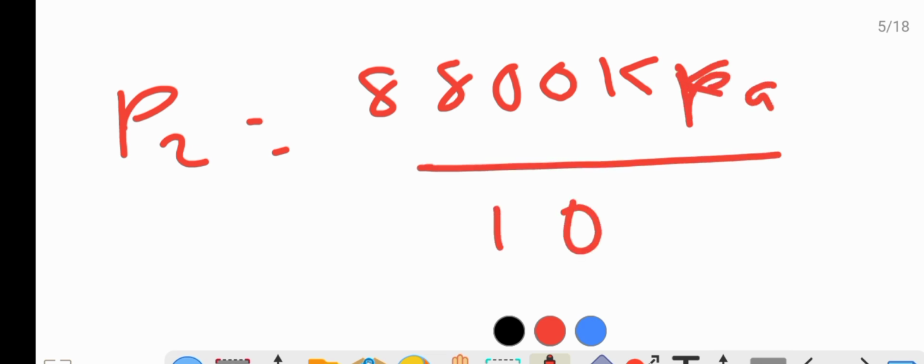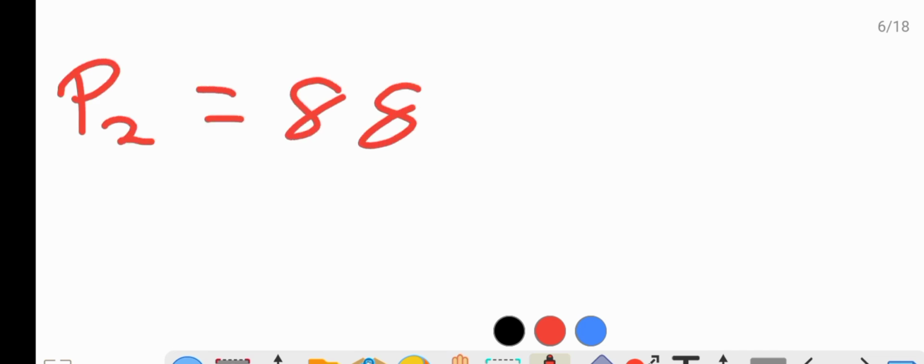And when the two multiply, we are going to have pressure 2 is equal to 8,800 kilopascal, using the calculator here, over 10. All right, so this 10, remember I've already dealt with the centimeters that was here and here, so that's why it's like this. So 10 into this number, we're just removing one 0 there. So pressure 2, we learned that is equal to 880